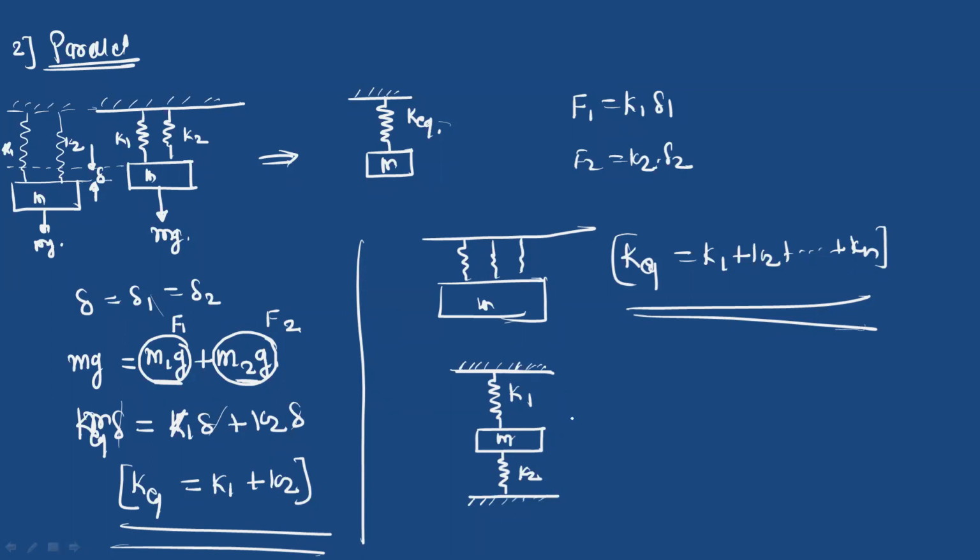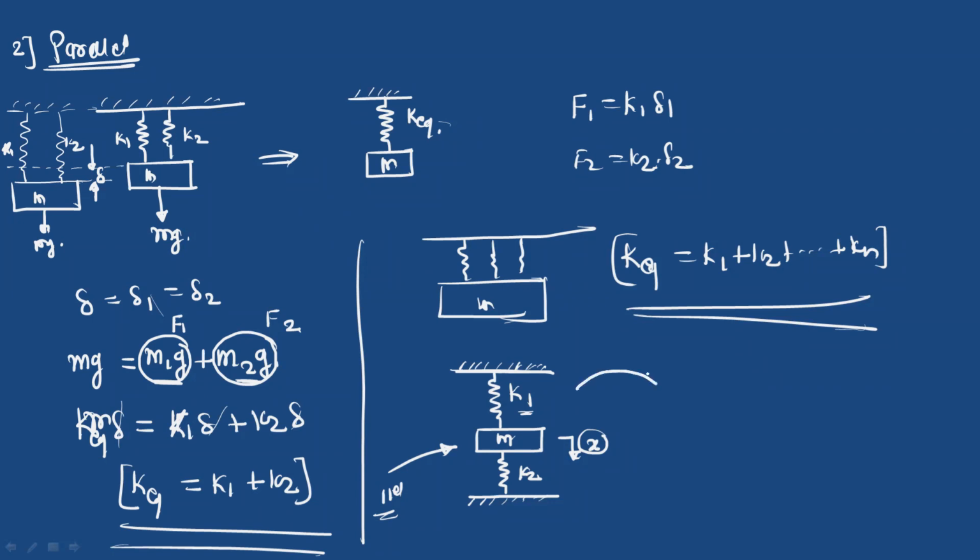So why is this a parallel arrangement? In a parallel arrangement, all the springs are subjected to the same deformation, and in a series arrangement, springs are subjected to different deformations. So how does this arrangement become a parallel arrangement? Just imagine you provide some displacement x to the mass. Because of this x displacement, the K2 spring will get compressed by this amount. At the same time, K1 will be extended by the same amount. So K1 and K2 are subjected to the same deformation, and therefore this is a parallel arrangement.